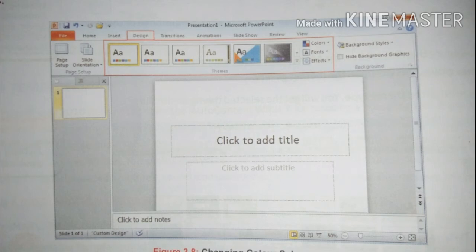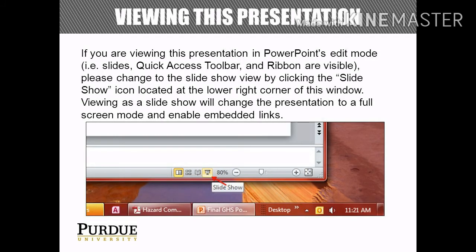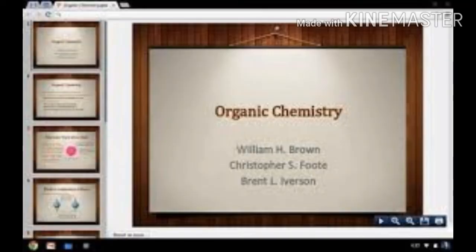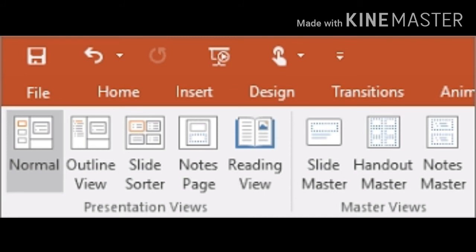So, next one is viewing a presentation. How can we view? We can view our presentation in different formats. There are different views available: normal view, slide sorter view, slideshow view. Normal view is the main editing view, which is used to write and design the presentation. In normal view, we can add text, graphics, sound, animation and other effects to our slides, as well as have a larger view of an individual slide.